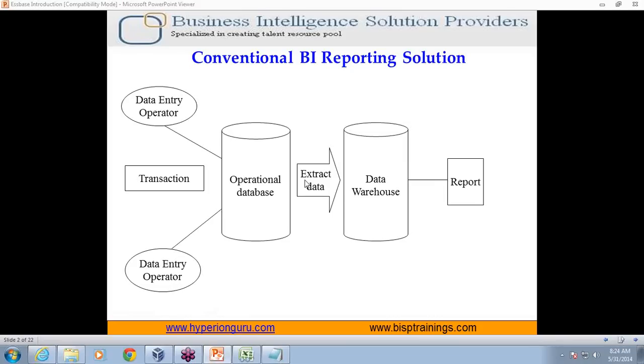Here I am focusing on how your conventional BI reporting is different from your Essbase solution. The conventional BI reporting sits on top of data warehousing. It means any request I make as a user, I make the request from reporting.